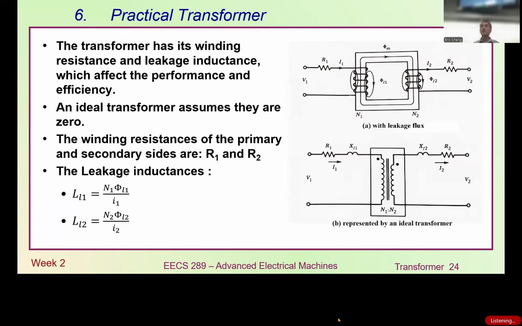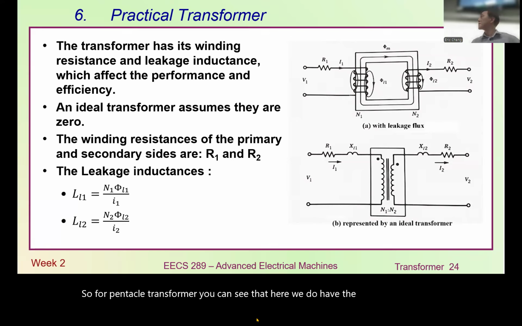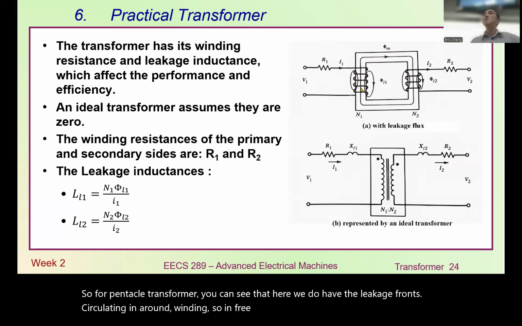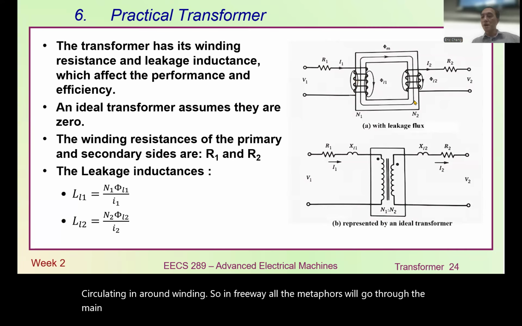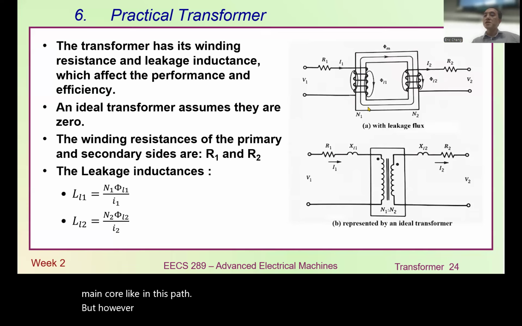So for a practical transformer, you can see that here we do have the leakage flux circulating around the winding. In theory, all the magnetic flux will go through the main core, like in this path. However, because this magnetic core does not have infinite permeability, it may not be able to contain all the magnetic flux